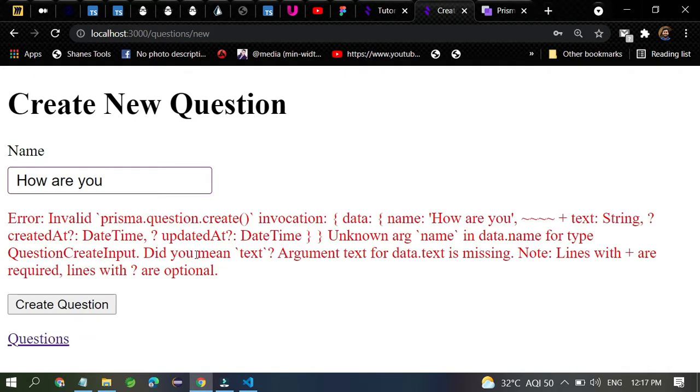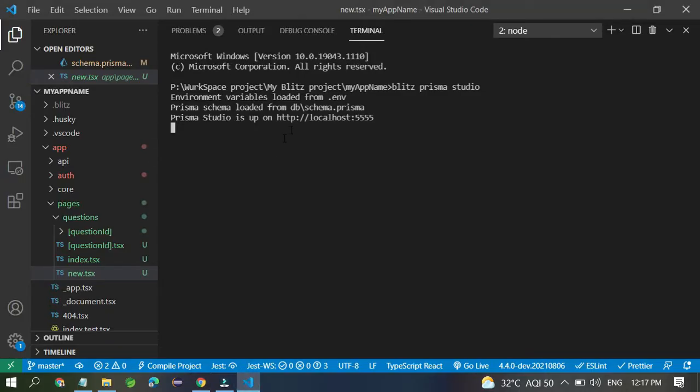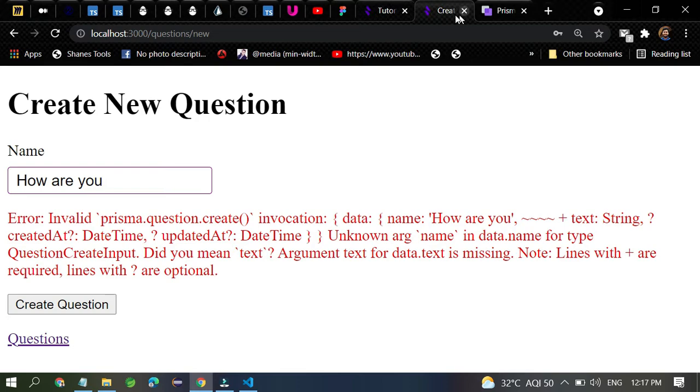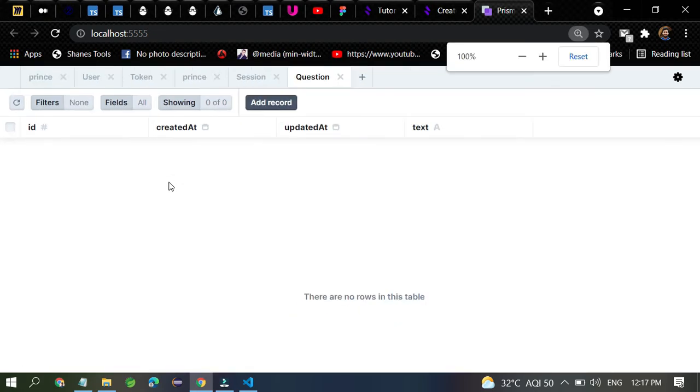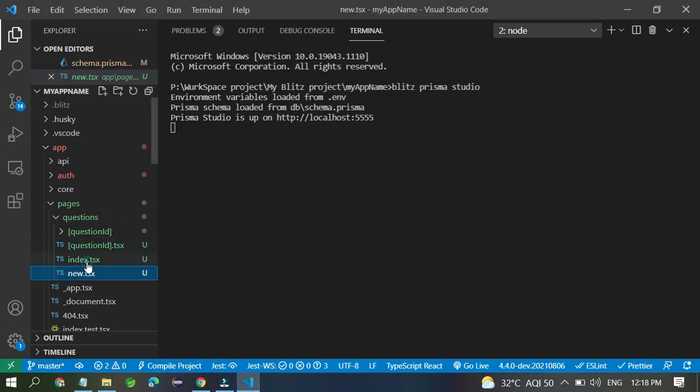Invalid Prisma.question.create invocation. Data: how are you? Text string, date time, unknown argument name in data. Okay, so something is wrong. I have to change it, because you can see here this is called data, but it says text, so there is confusion. So go to this place, you can see the question has a field called text or data, so this is the difference. So go to this place